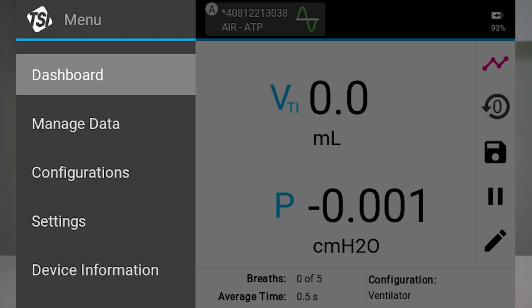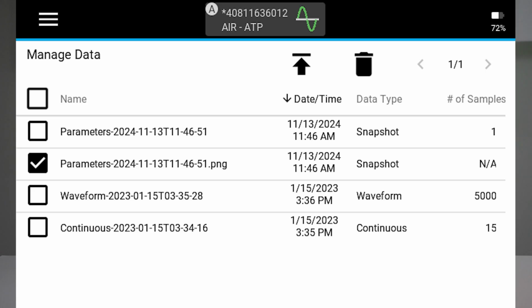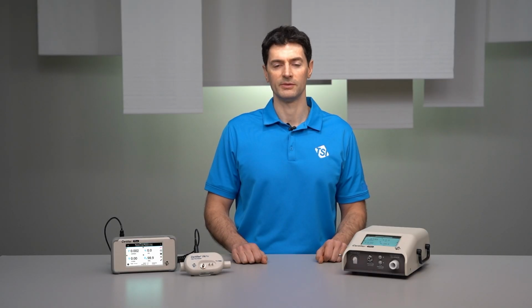The dashboard option will return you to your previous screen, either the parameter or graph screen. The Manage Data menu option will take you to the Manage Data screen where you can organize, preview, export, and delete data logs and screenshot images that have been saved to the internal memory of the certifier.